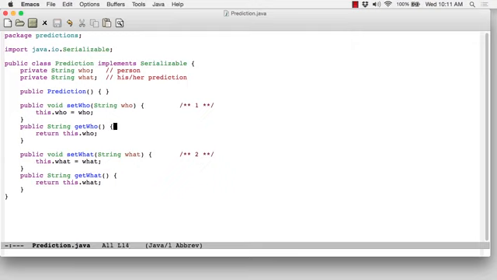The important parts here are line 1, which is the set part of the who property, the person that makes the prediction. And then down here at line 2, you see the set what, which is the what part of the prediction. So in effect, what the service is going to do is populate an array with instances of this class. So let's look at the class that does most of the work,